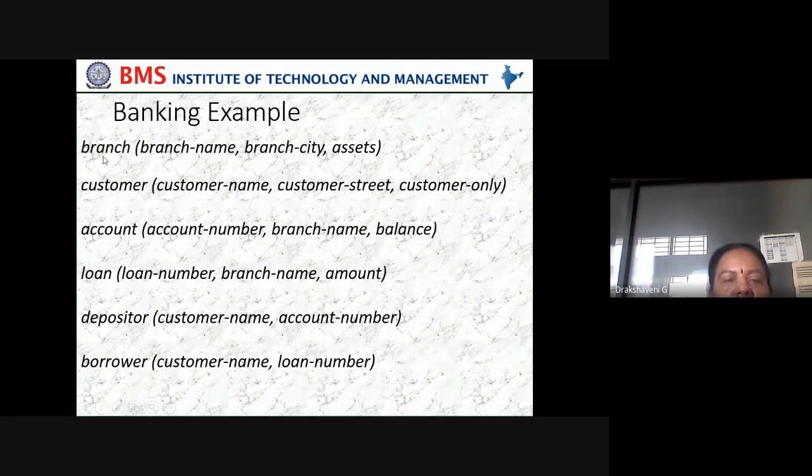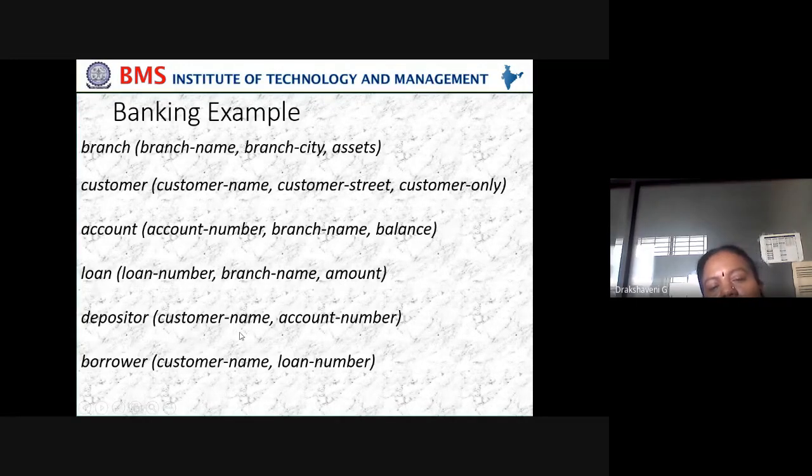In branch, we have branch name, branch city, and assets. Then customer name, customer street, customer city. Then account number, branch name and balance. In loan, loan number, branch name and amount.